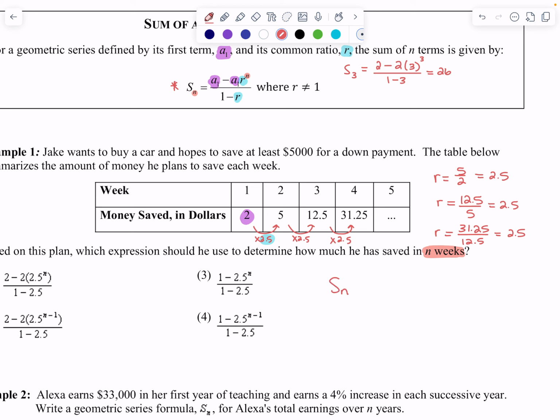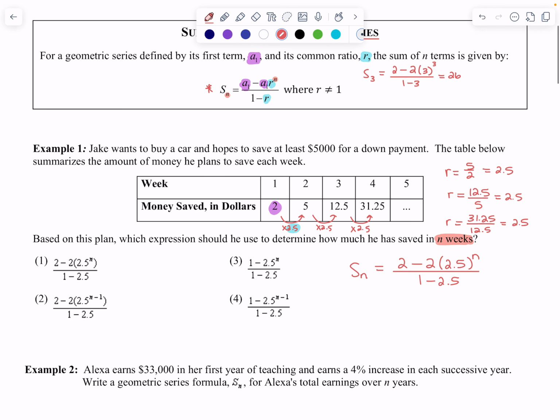So S sub N would equal first term minus first term times R, which is the 2.5, to the N power over 1 minus 2.5. And if you look for this in our choices, you should get choice 1. So this would be the formula that if we said, okay, now let's maybe see how much have they saved in 10 weeks, you could plug in a 10 and it would give you the sum of those 10 weeks